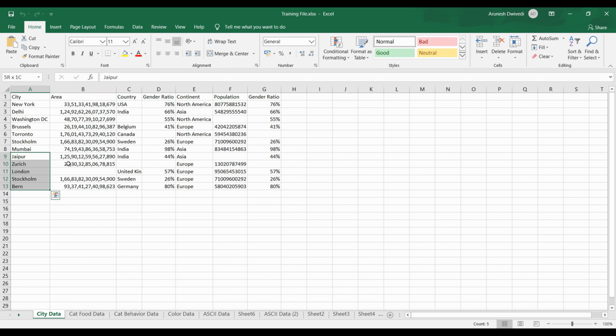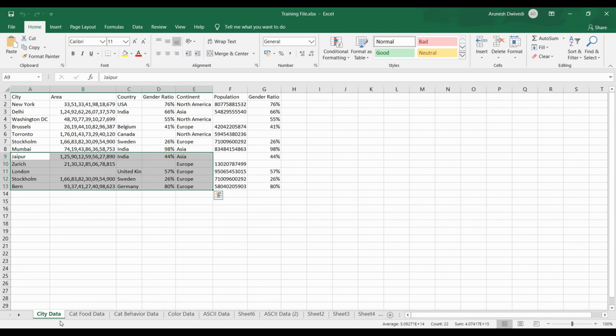Every time you do navigation and selection using Control and Shift key, it takes the reference from the starting cell from where you started your navigation and selection. So everything is with reference to that only. So that's how you can quickly select your data. You can quickly navigate your data using the Control and arrow keys.